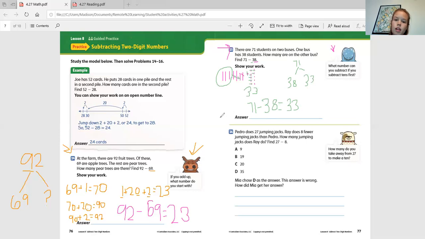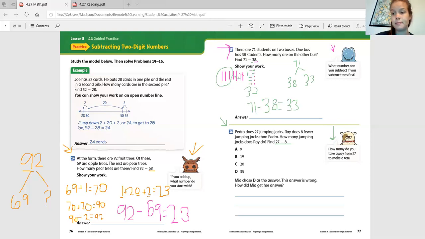Okay, let's go down here and read question number 16. Pedro does 27 jumping jacks. Ray does 8 fewer jumping jacks than Pedro. How many jumping jacks does Ray do? Find 27 minus 8. And then our little dog right here has a leading question to help you. How many do you take away from 27 to make a 10? So,